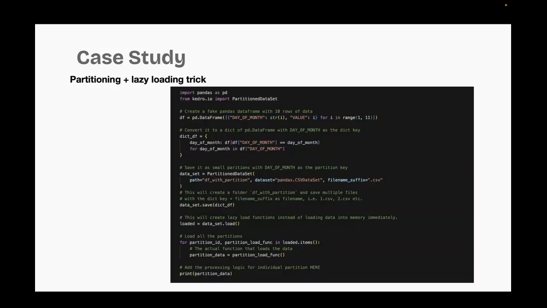Depending on Kedro version, you may need to import partitioned datasets, and it depends on a version of Kedro. You should import it from kedro.io or another relevant module. It depends on version. So partitioning of data allows you to split the large datasets into smaller manageable chunks, combined with lazy loading and saving. This enables efficient processing of datasets that don't fit entirely into your RAM. This is especially useful when working with large datasets for feature engineering.